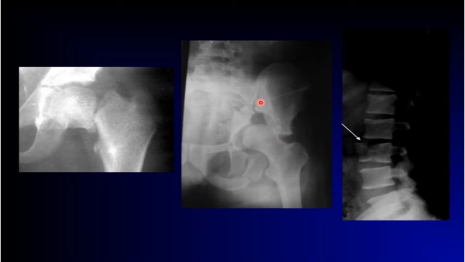Here you see a fracture of the pelvis. The head of the femur has been driven through the acetabulum, breaking the ilium away from the ischium, and here you see multiple fractures of the ischium and ischiopubic rami also. Here is an example of a fracture of the body of the vertebra, and this bone chip you see elevated away from the body of one of the vertebrae in the spine.